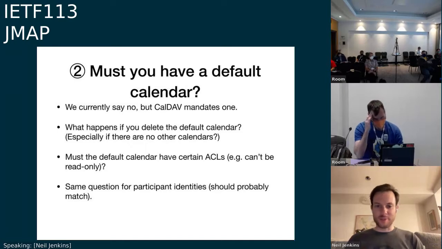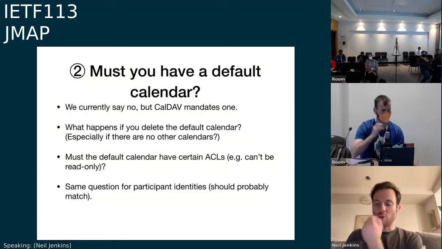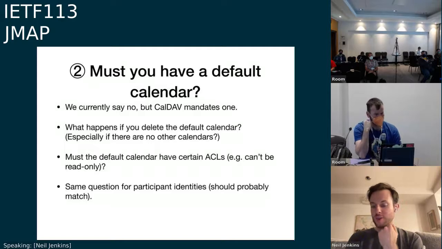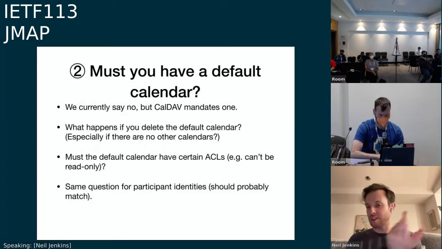So the next question is about default calendars. And first of all, does there have to be one for each account? Or can there be none set, which basically means at that point you can pick whichever calendar you want if you need one, like to add an incoming invitation to, for example.